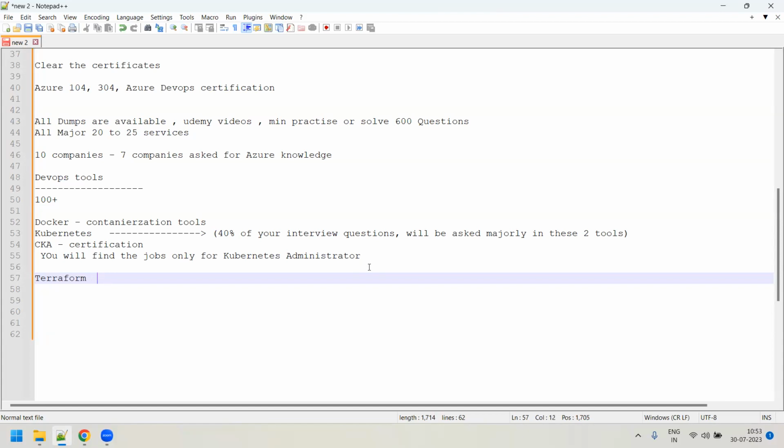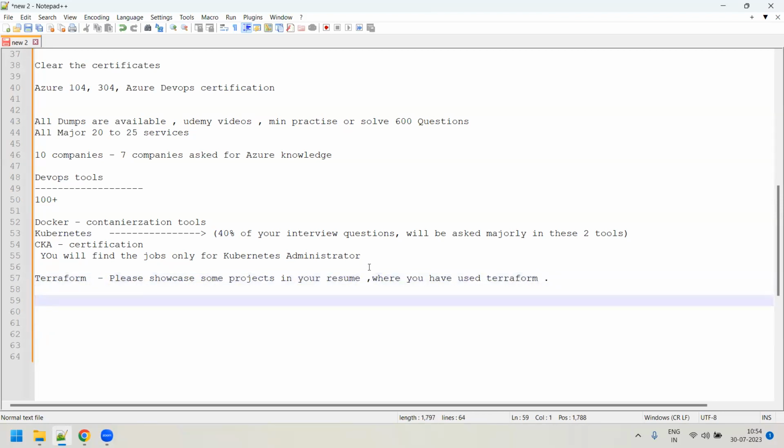That is one thing. And also please showcase some projects in your resume where you have used Terraform. This is very important, guys. You need to showcase some projects. Some of you might have a doubt: sir, how can I showcase that? Is there any way you can teach us how to use Terraform in a project? We will have a separate discussion on this. We'll connect separately. We won't record that session, but I will show you how Terraform is used in a real-time project, so that you will get an idea on how to answer any question asked in an interview.